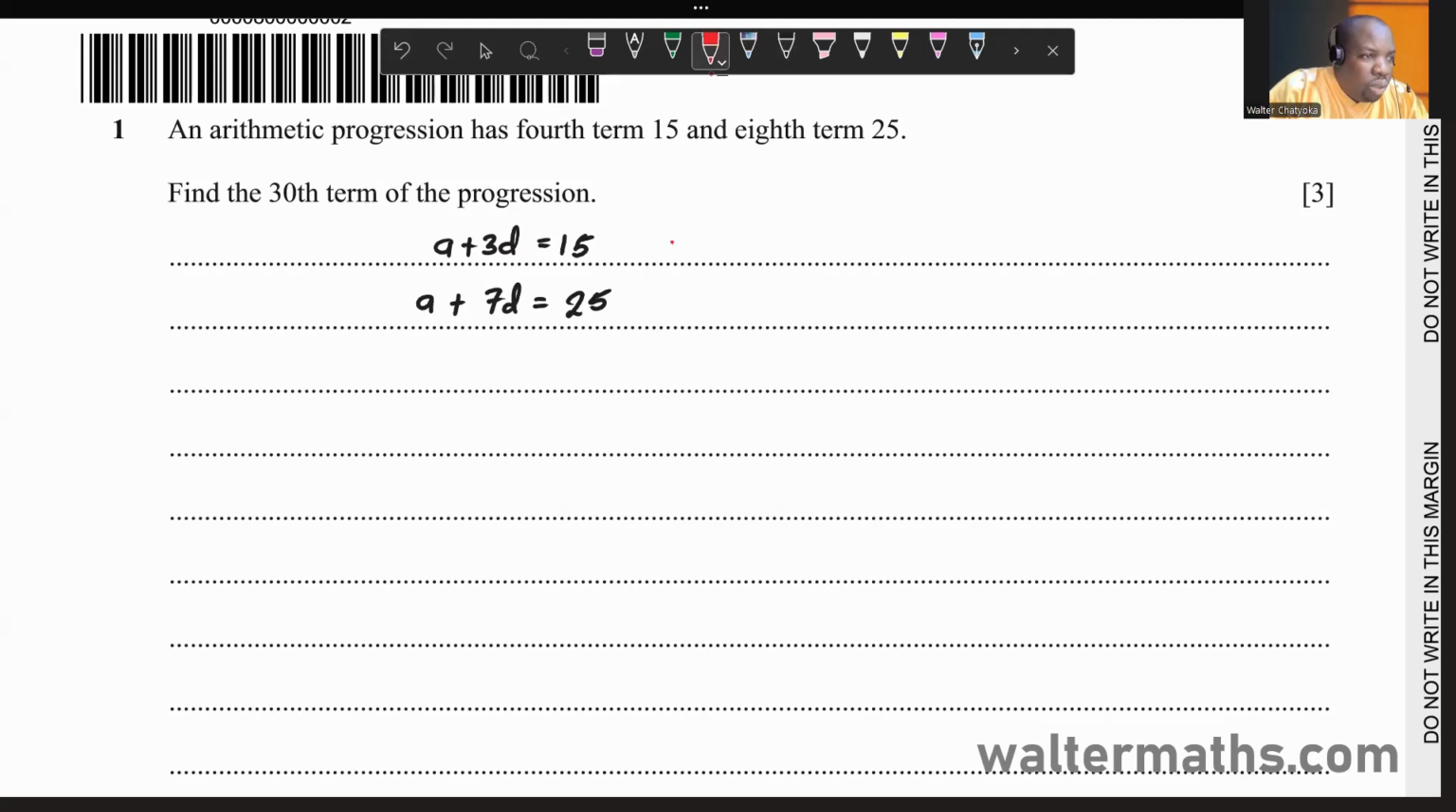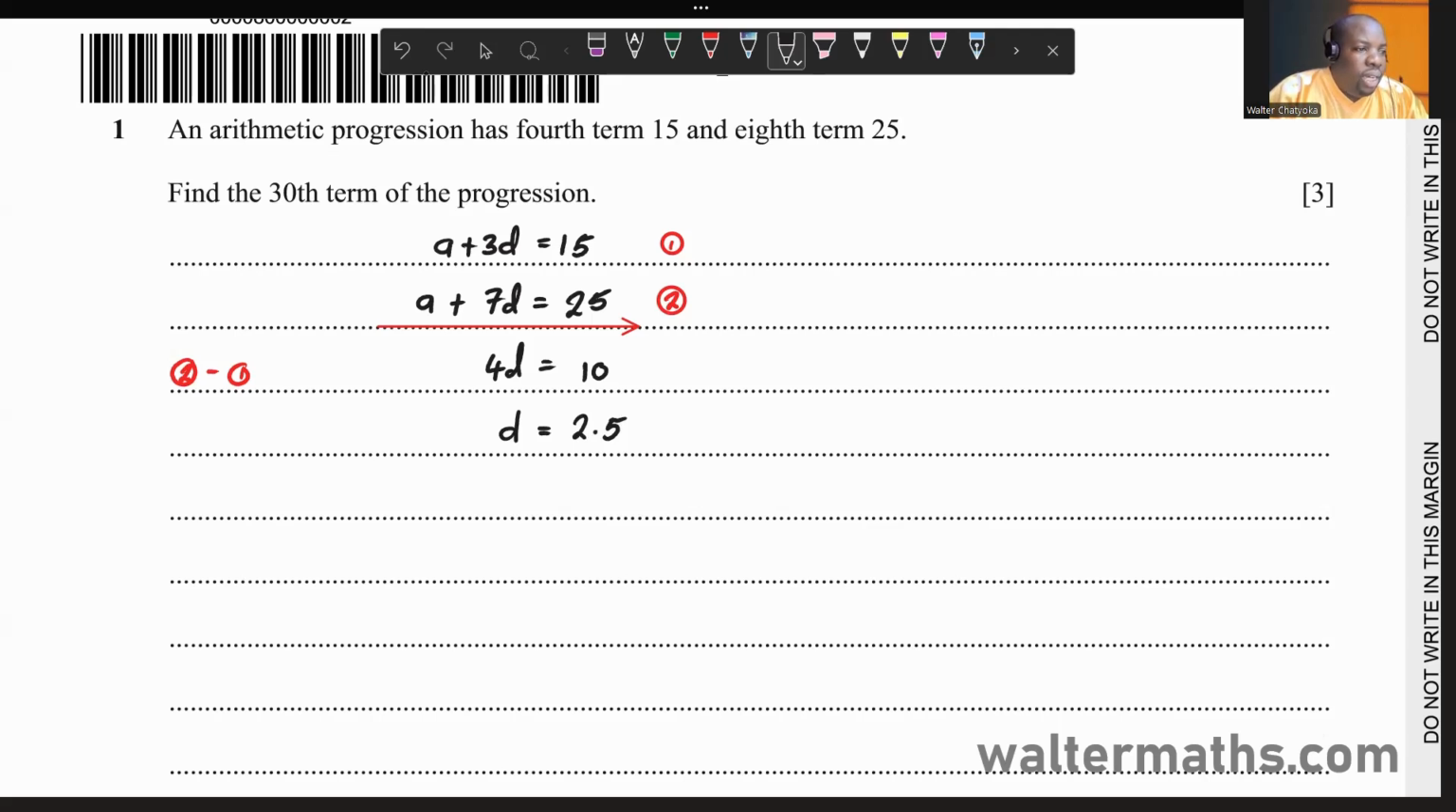I'm going to call this equation 1 and this one equation 2. And we're going to say here equation 2 minus equation 1. So if we subtract the 2, A minus A is 0, 7D minus 3D is 4D, and 25 minus 15 is 10. So dividing both sides by 4 gives us D to be equal to